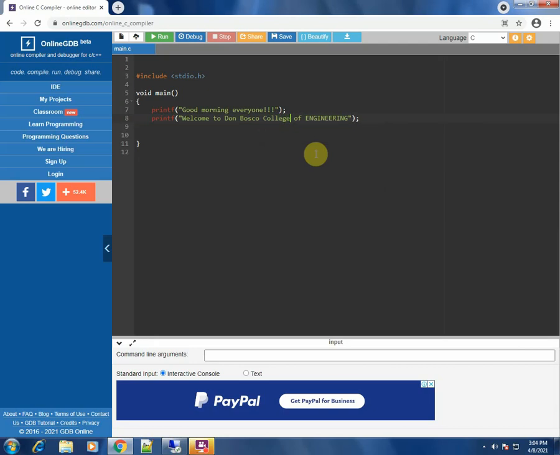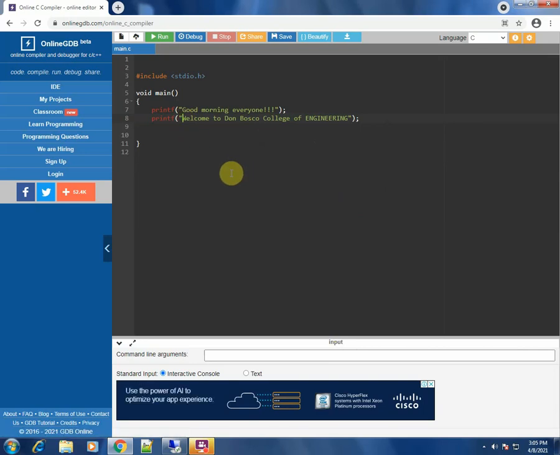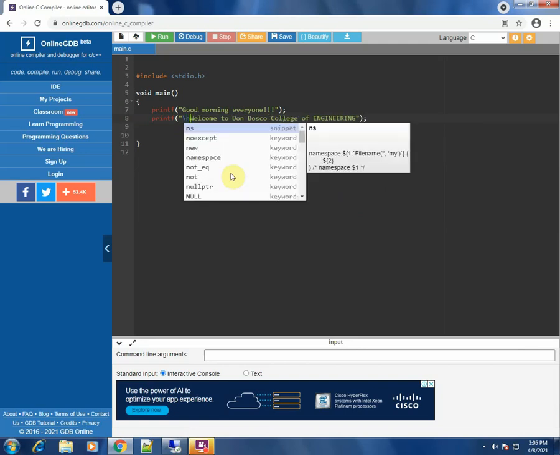Let's write College of Engineering. Now if you remember, the output was on one line itself. It was not on 2 separate lines. So if you want that, what you can do is put something called a backslash n.